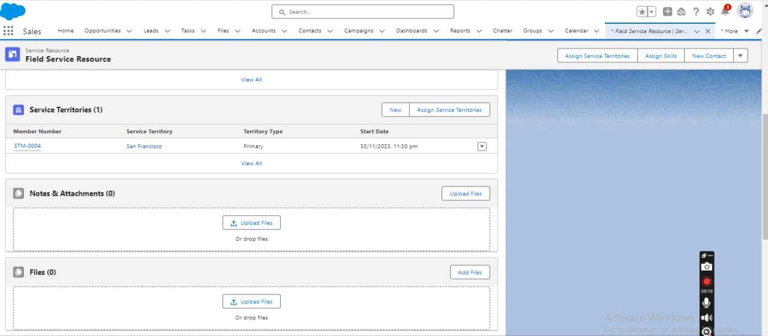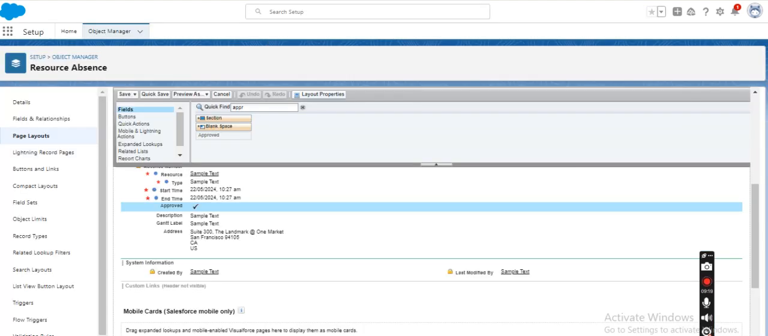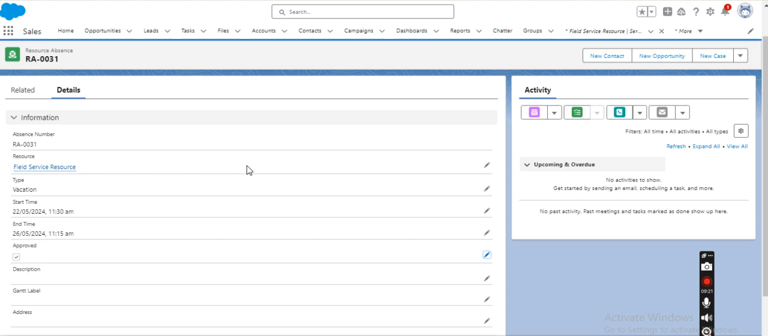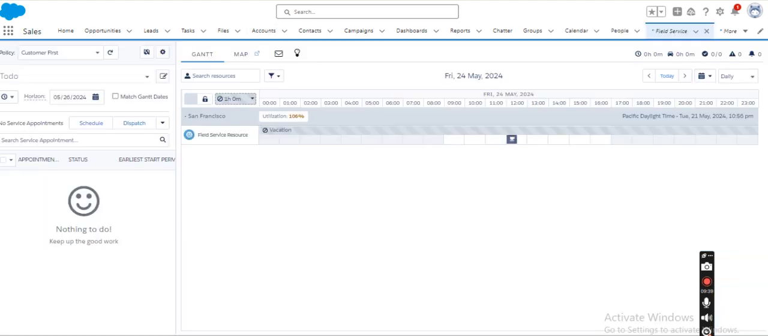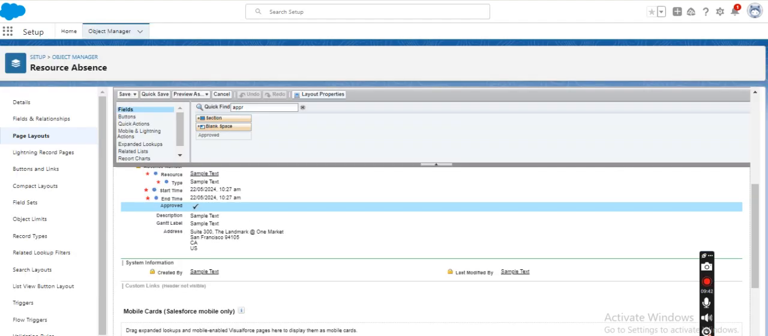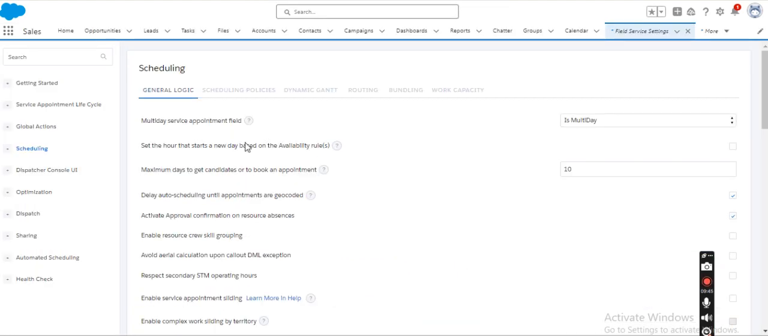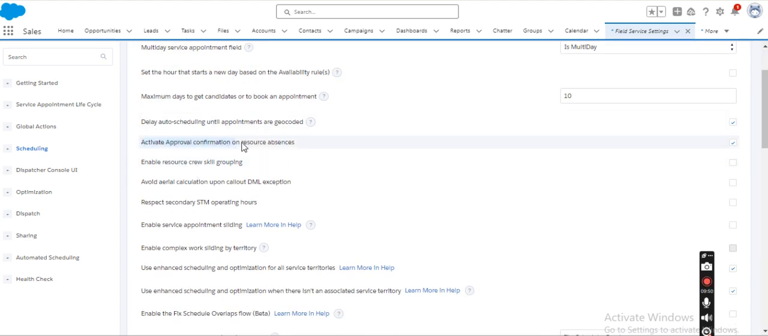And in order for field service not to schedule an appointment during that time period, it's important that the approved checkbox should be true, and this is enforced with the help of field service settings. Let me just show you. Here when you go to the field service settings, in the scheduling section you will have this checkbox, activate approval confirmation on resource absence. So if this is checked, then the